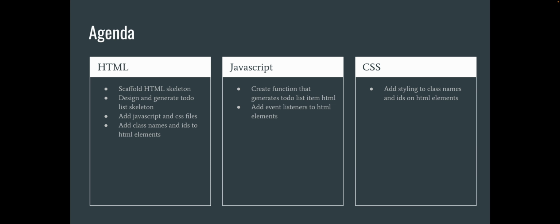We will also be adding class names and IDs to these HTML elements that we are generating. The next thing is to create a JavaScript file, in which we will define the function that generates to-do list items, and also add event listeners to those new HTML elements. And the final step is to generate the CSS file, in which we will be adding the styling to the class names and IDs on those HTML elements. So without further ado,